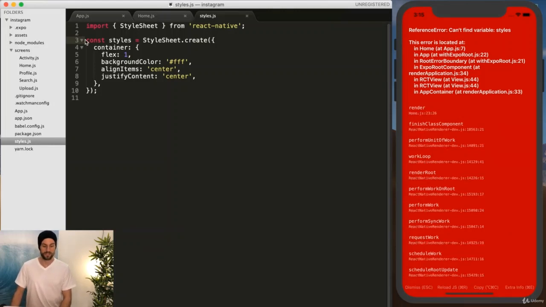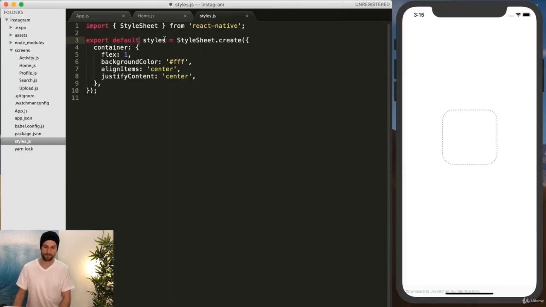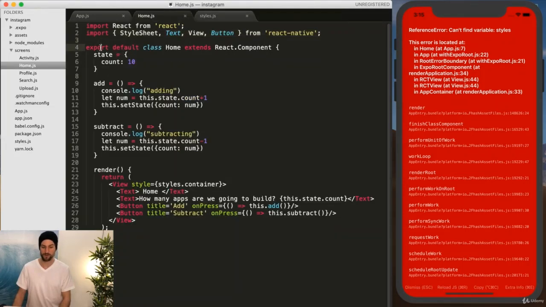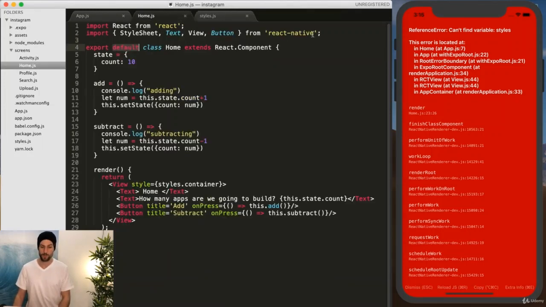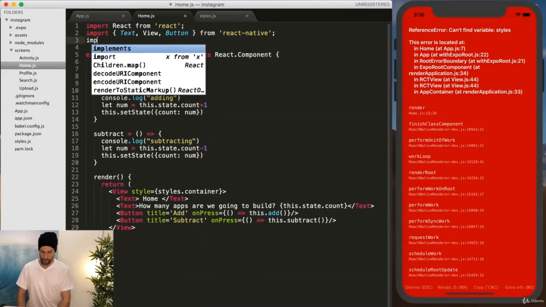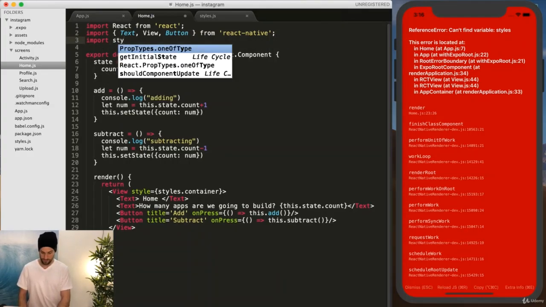And so since it is in its own file now, we have to do export default styles. So just like we have to do export default with the component itself, you have to export default with the style sheet as well. And then in order to call that, we can remove StyleSheet up here since we're not using it. We're going to do import styles